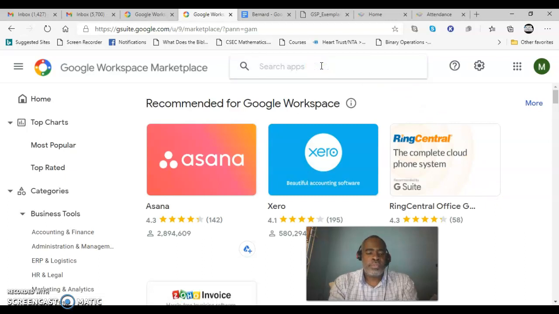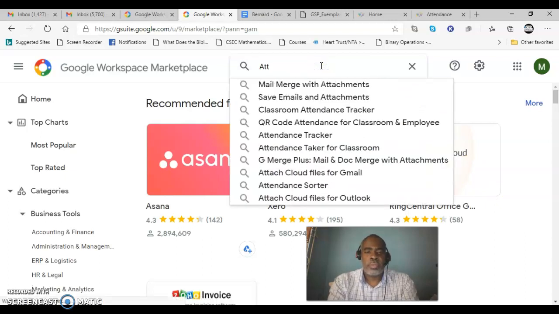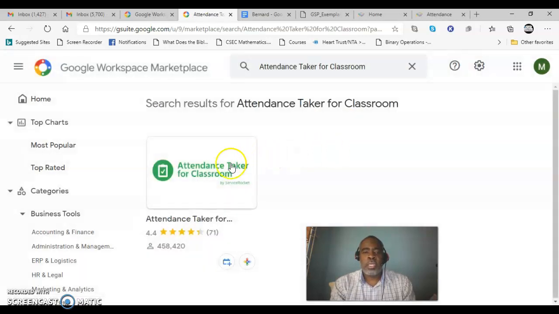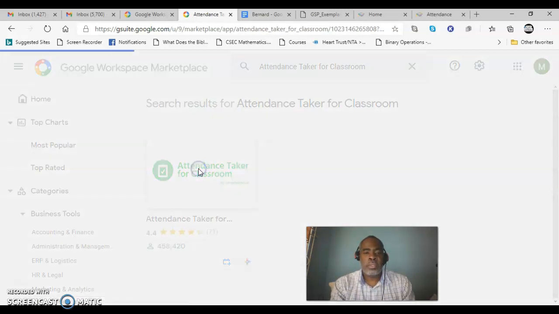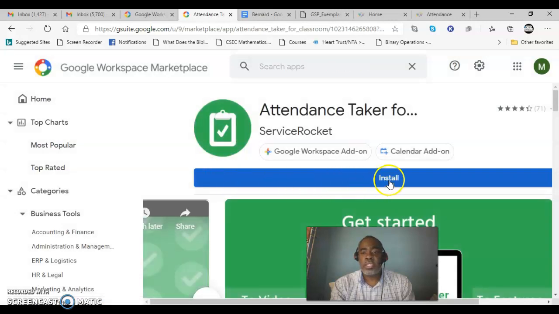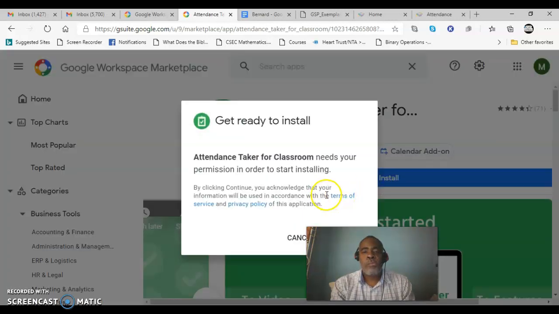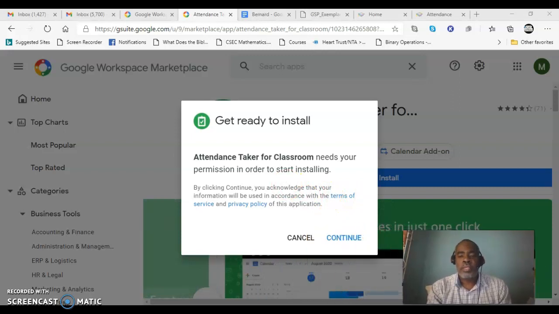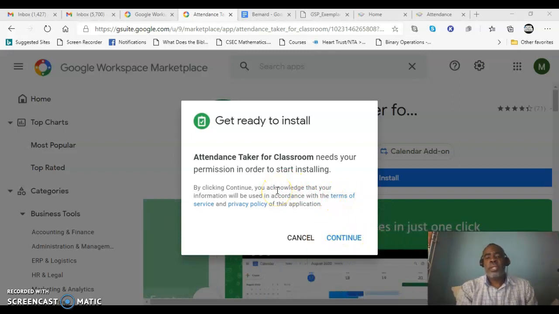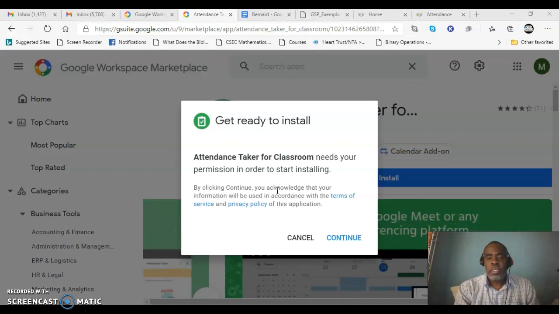Then I'm going to search for attendance taker for classroom. Click on it. Then I'm going to select it, then I'm going to install it. The information is given there. Attendance taker for classroom needs your permission in order to start installing. So I click on OK,